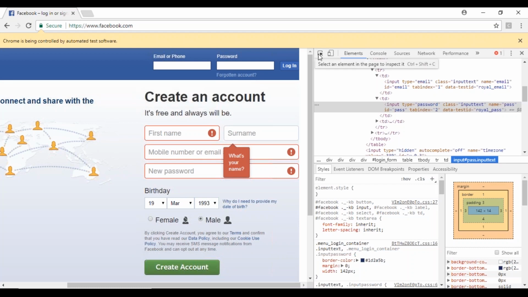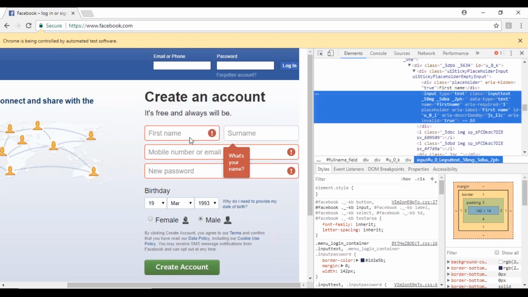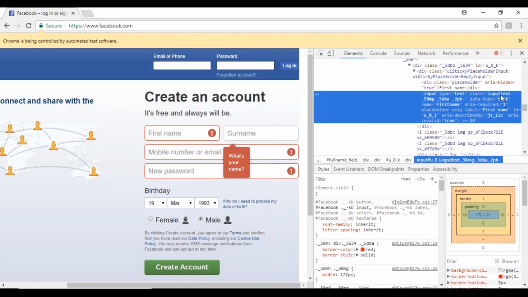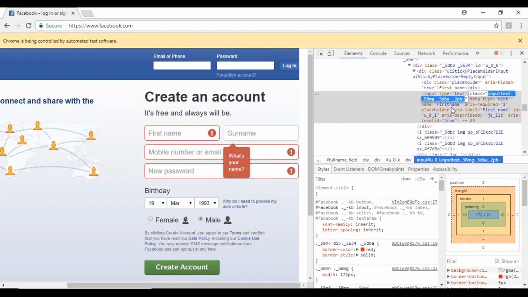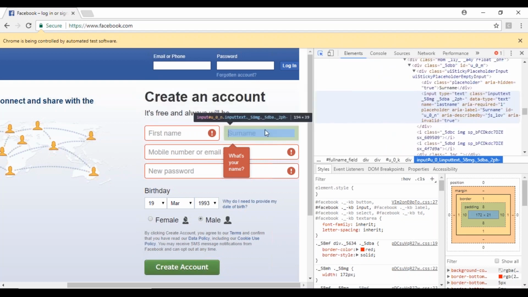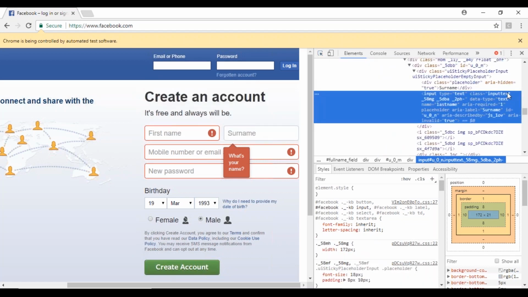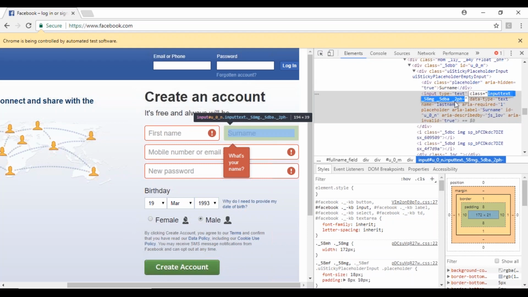Okay, if you want, I can show you that. So here is your class. Can you see this? class equal to input text, followed by the value 58 mg 5dba 2ph hyphen. Now you have another one here. Can you see this? Input text with the same value, right? All these web elements belong to the same class. That is the reason your class name is always not unique,